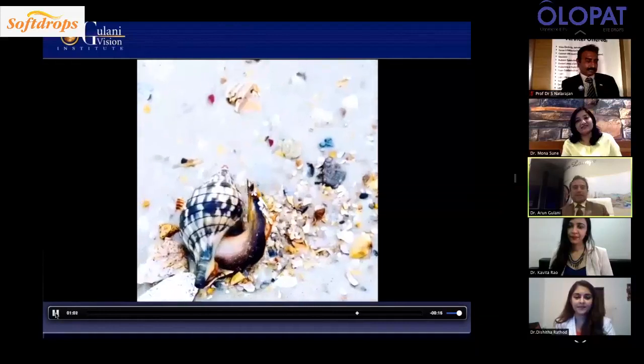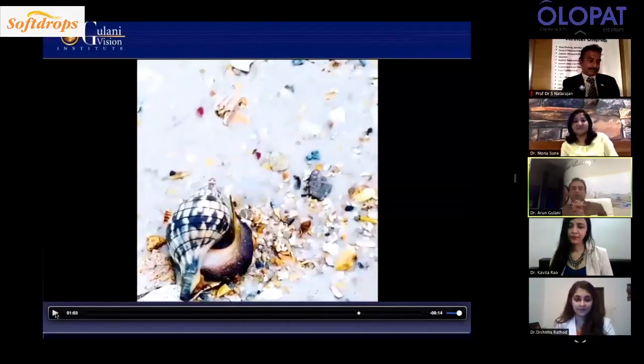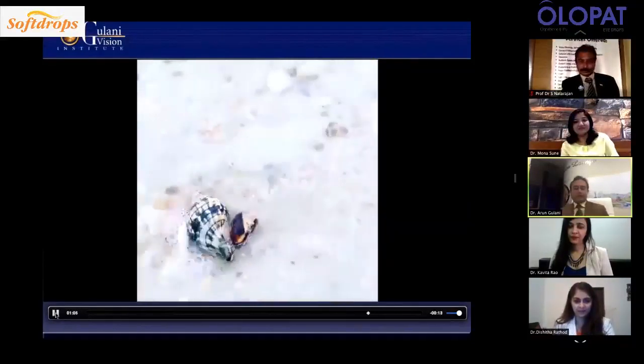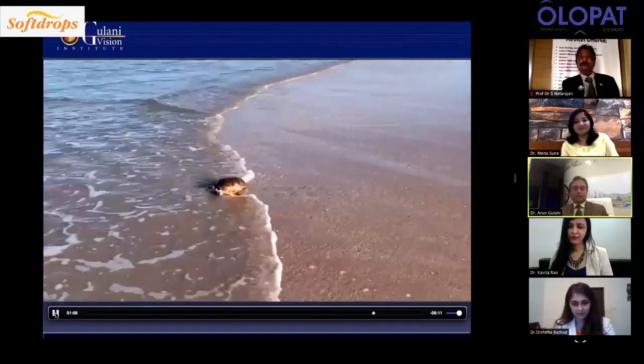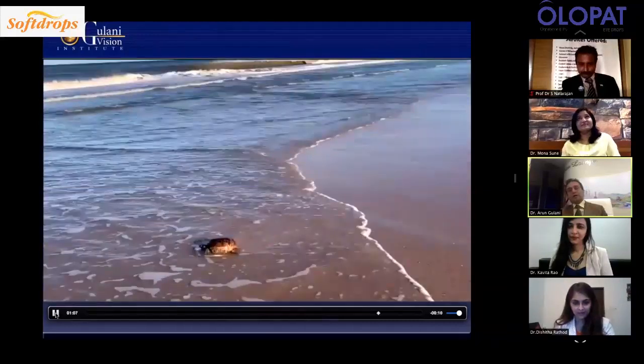This was a snail I captured a week ago on the beach. You know, it was about to slowly come out. The water comes, then it goes back, and that's when I made fun of it, saying, we're back in lockdown. And then I saw a turtle 3 days ago, slowly heading out,